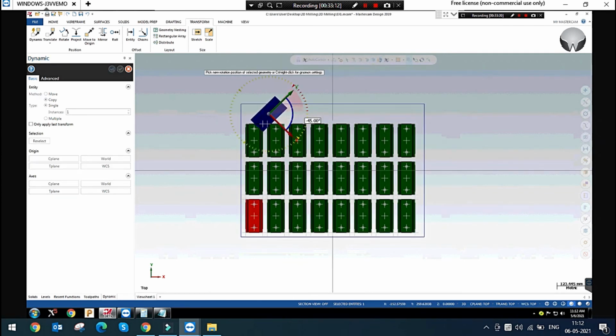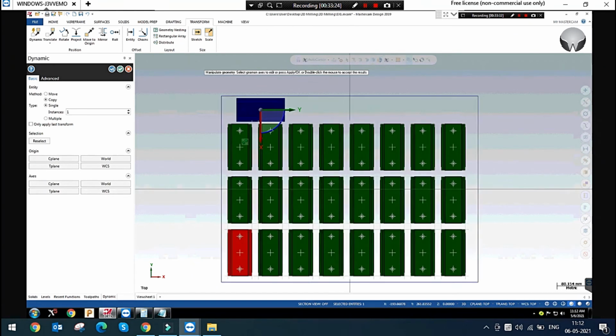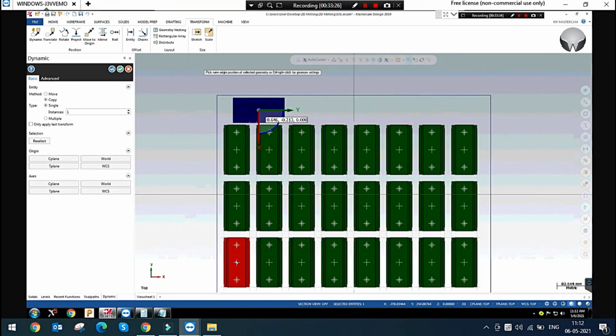Now I am rotating this minus 90. Okay. Yes, with dynamic transform we can do anything. Now I am dragging and adjusting, and the number of instances I am giving.